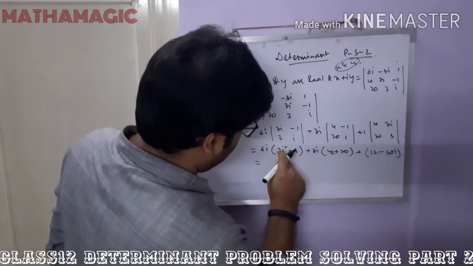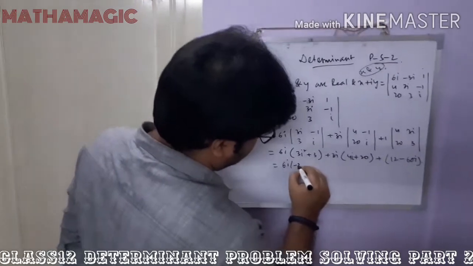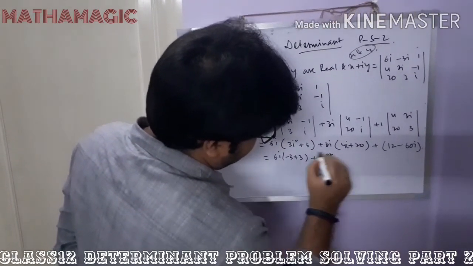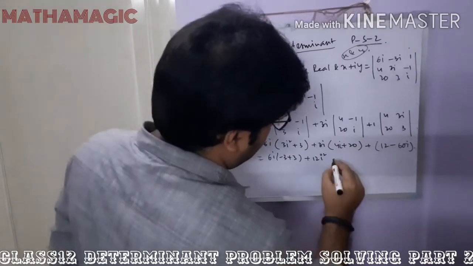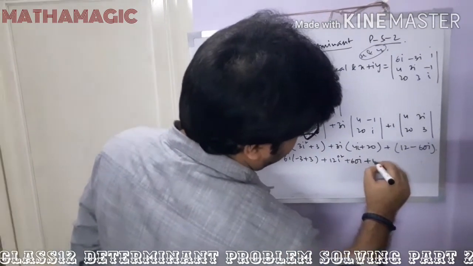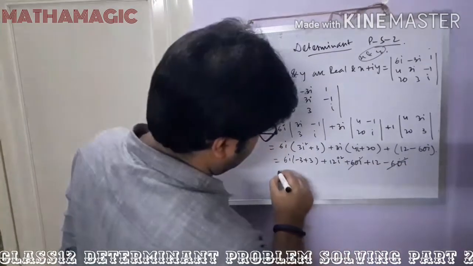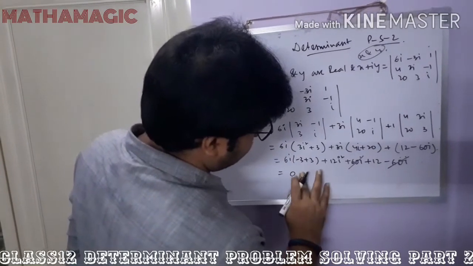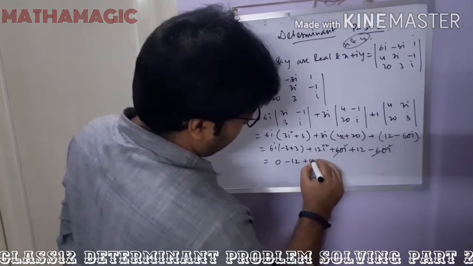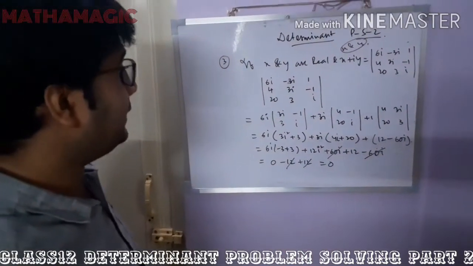6i into minus 3 plus 3, the 3i square, that is minus 3, plus 3 getting cancelled. Then 6i into minus 3 plus 3 plus 3i, if we do the multiplication it will become 12i square. Now it is becoming plus 60i plus 12 minus 60i. So 60i gets cancelled, this is 0 plus 12i square, and i square means minus 1, so it will be minus 12 plus 12, so it becomes 0. The whole value of the determinant is equal to 0.